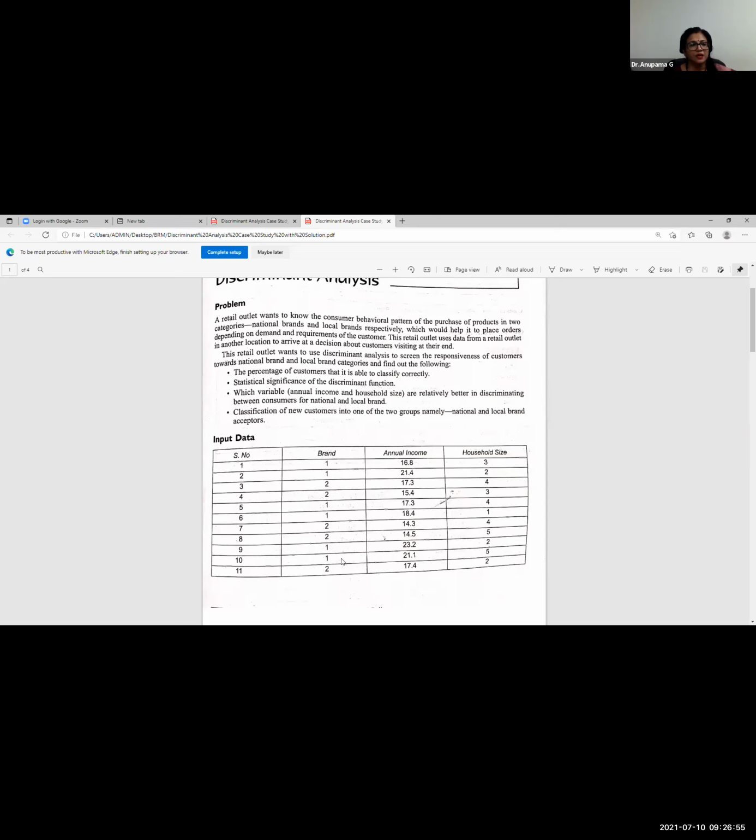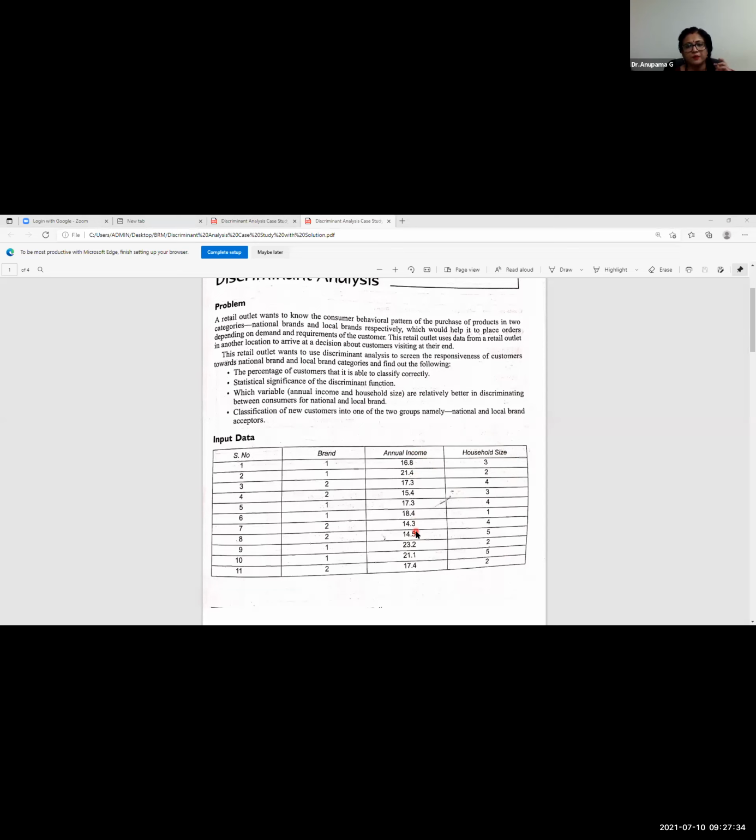Now the solution of the case study begins. But before that, you need to understand the data. So every kind of case situation will have certain data that is going to be available. So what is the data that you can see in front of your screen, all of you? You can see that there are certain brands which are mentioned. All right. So brands again are in two categories, 1 and 2. So there is a categorization which has happened, right? If I put the spotlight here, you can all see the annual income column, and you can see the household size column also, right? So annual income is in continuous scale, or it's a ratio scale.